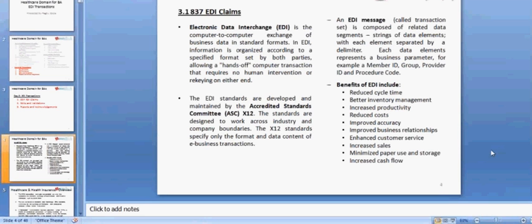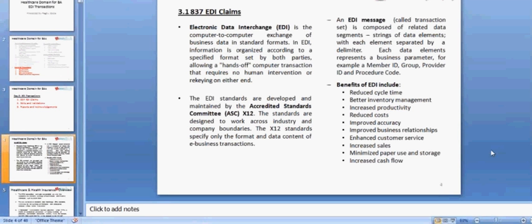Increased sales. So obviously, if the customers are happy, like for example, Medicare and Medicaid states are happy, they would give you a larger proportion of their customer base. Because you are now servicing better, right? So that would increase your sales. Minimize the pay-per-use and storage. Obviously, since you're avoiding the manual process, all your data is in electronic format. So that's a big advantage, avoiding the physical space for storing all your hard copies of the claims. It's all available in your electronic media and easily available for retrieval. And in turn, all these benefits provide increased cash flow. Right, so in a nutshell, this is what an